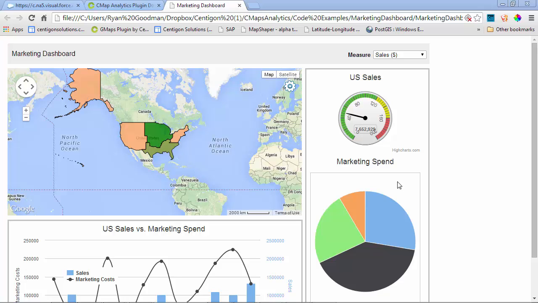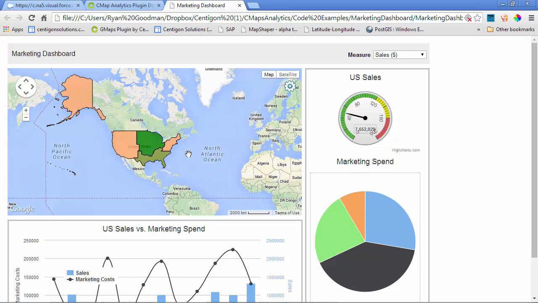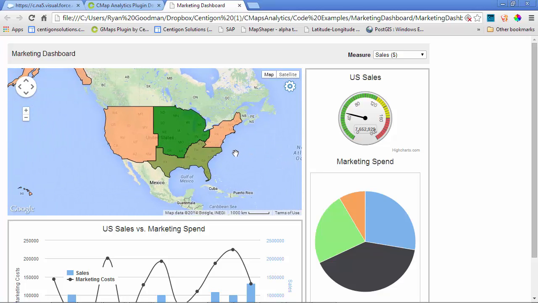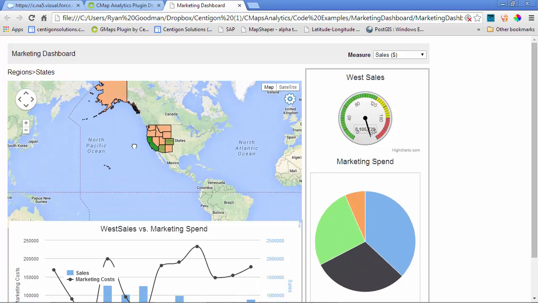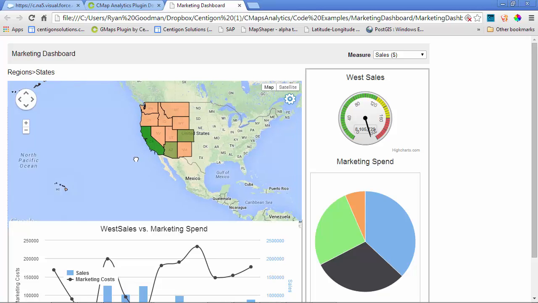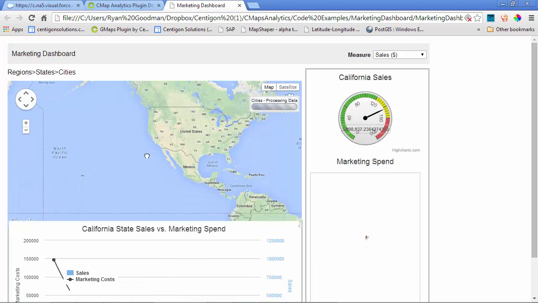With CMaps Analytics Designer, you have complete flexibility to create the optimal location intelligence experience for your business users. In this particular scenario, we've built a map with CMaps Designer that first shows me my custom regions, which I could drill into to show the states within those regions, and then even drill one level deeper down to the